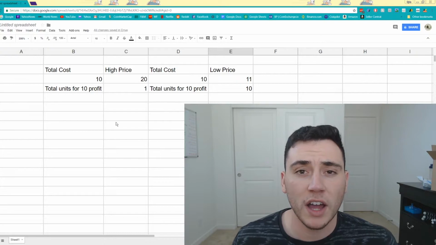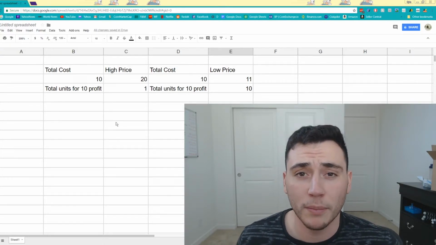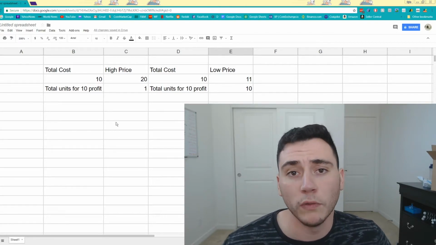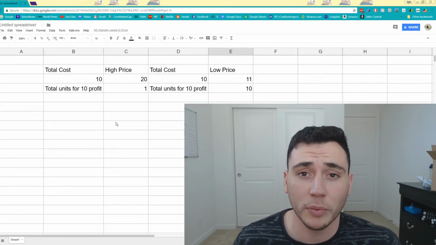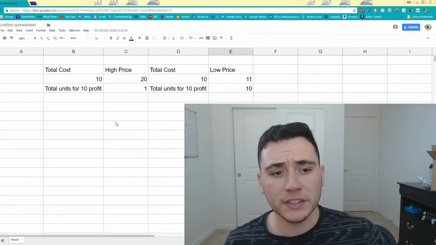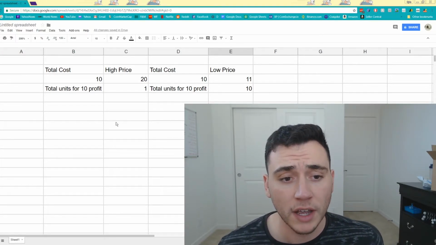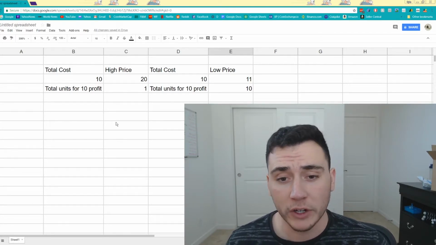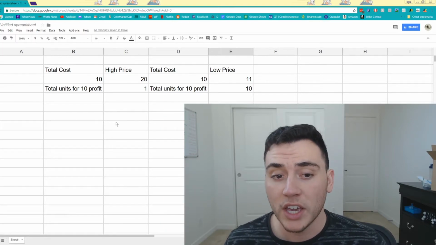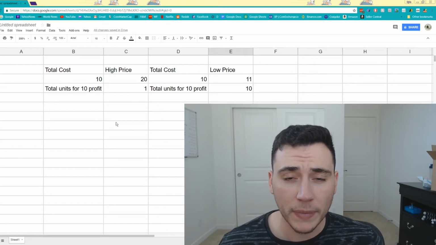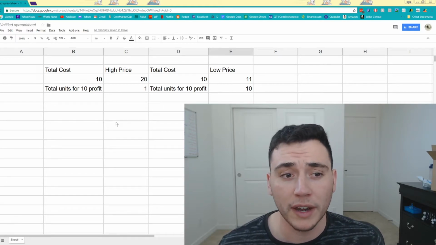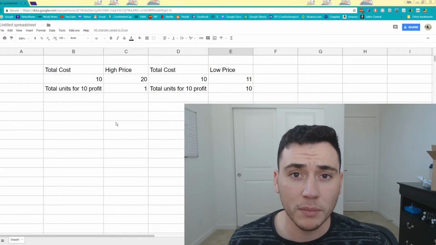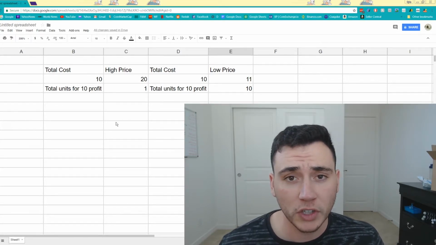And the reason why that's not, you should never do that really, is because it takes so much more volume to make your profit. For instance, with a price point of $20, the higher price point, you only need to sell one to make your $10, versus if you have an $11 price point, you have to sell 10, right? For the same amount of profit. So it makes a lot more sense for the Amazon niche in general, especially when you're first starting out,